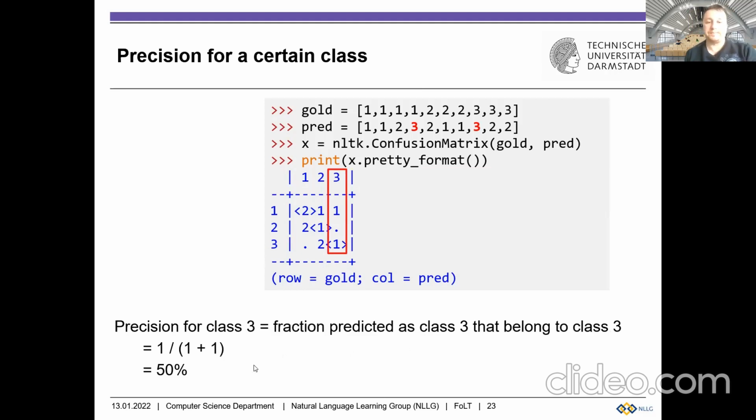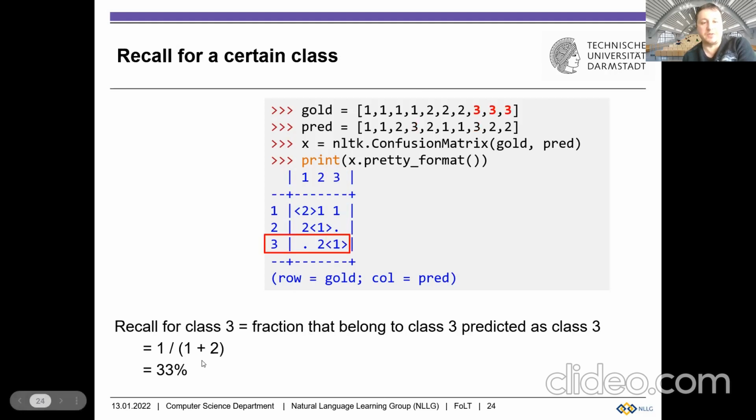If we want to get the precision, then in this case, before we had looked at a row, when it was inverted. Now in this case where it's the other way around, we look at one of the columns. We get the precision for class 3. Let's say we focus here on class 3. So we check all the cases where the prediction is class 3. There are 2 cases where the prediction is class 3 and 1 case is correct. So we got a precision of 50%.